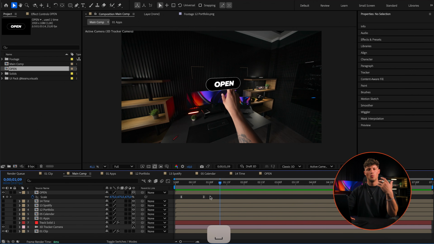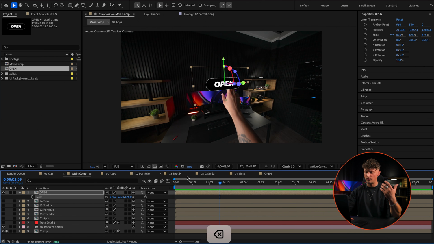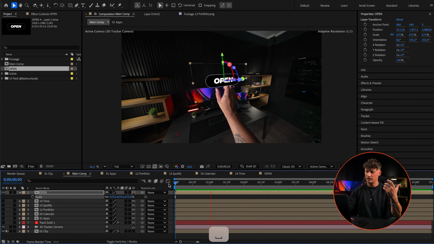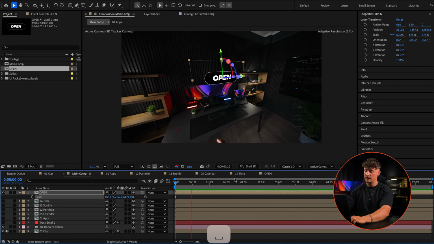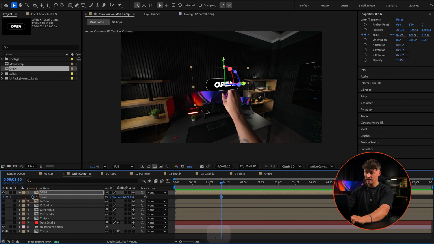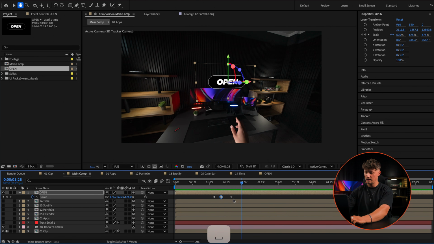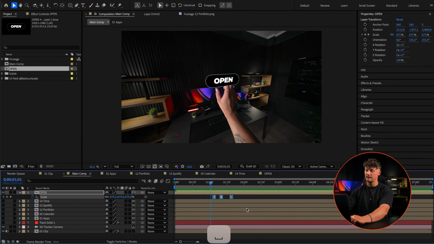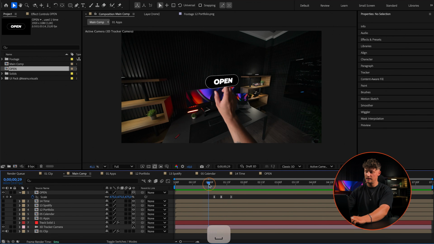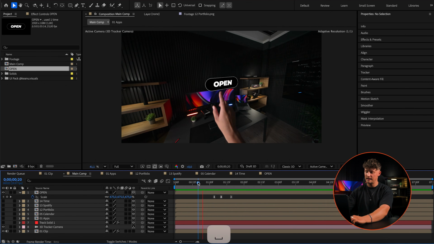Or maybe we can also have the button right from the beginning inside, right? So it can stay here right from the beginning. And then when we click it, it actually pops up a little bit. So we copy and paste in the scale we have originally, and as soon as we click it, boom, it kind of reacts when we animate the scale here. Boom, I'm just easing them, boom, just like that.